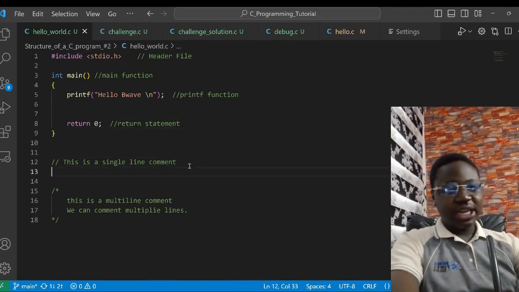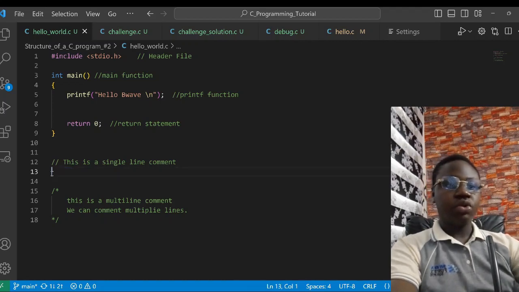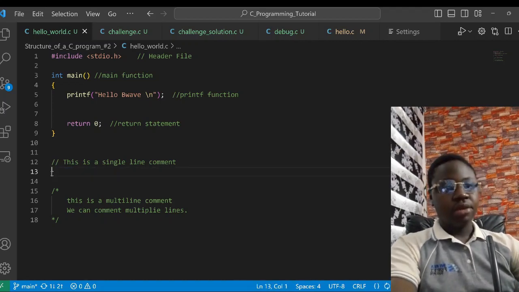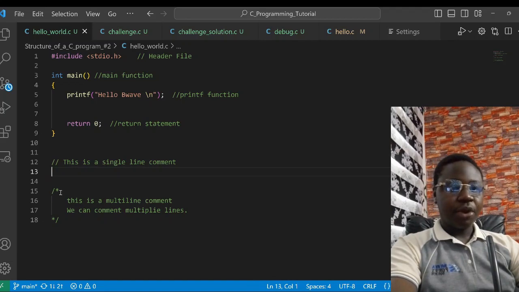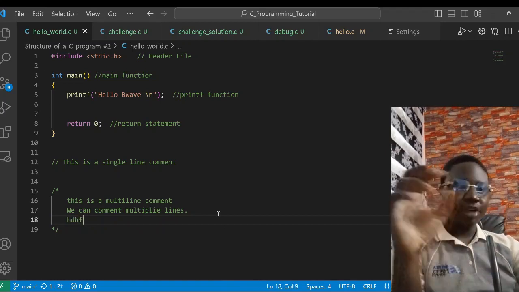But if you come to the next line and you write things, you can see that these things I've just written now are not commented. That's because we do not have a multi-line comment. But here, using this type of comment, we can come to the next line and everything we write will still